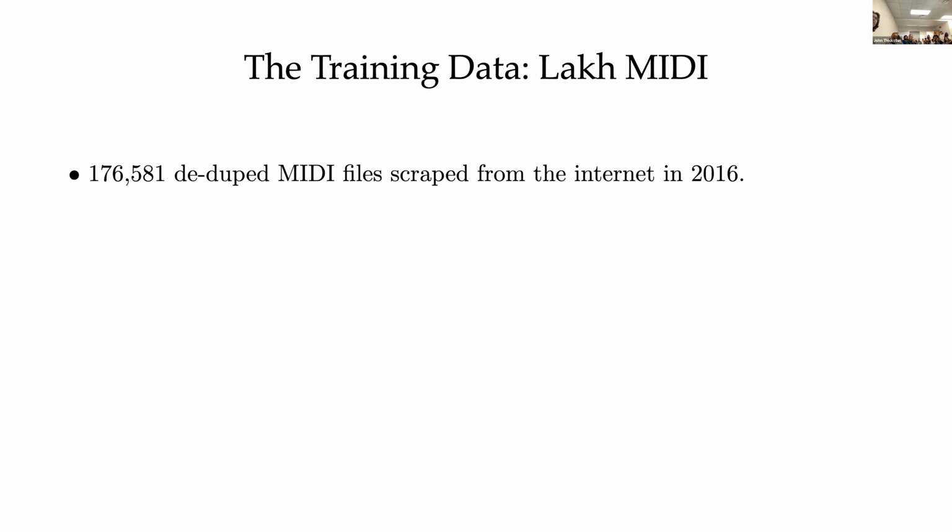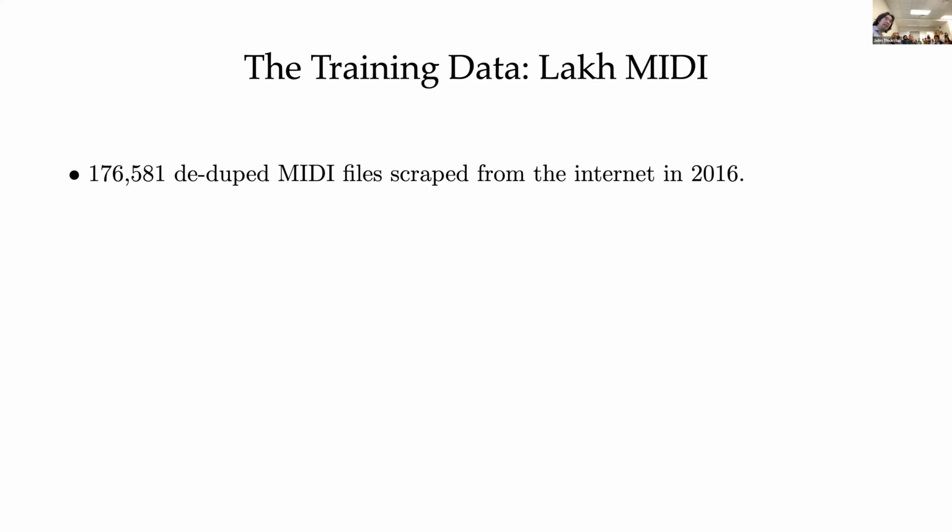So what I've got here is a training data set that was actually compiled by Colin Raffel, who's now known a little better for his work in language, if you're familiar with the name, but he actually did a PhD on music information retrieval and put together this data set in 2016 of symbolic music. If you're not familiar with music, you should think of symbolic music as being analogous to text, in contrast to performed music, which is analogous to speech. And we're working with symbolic music here, like the text representation of music, which is discrete and symbolic.